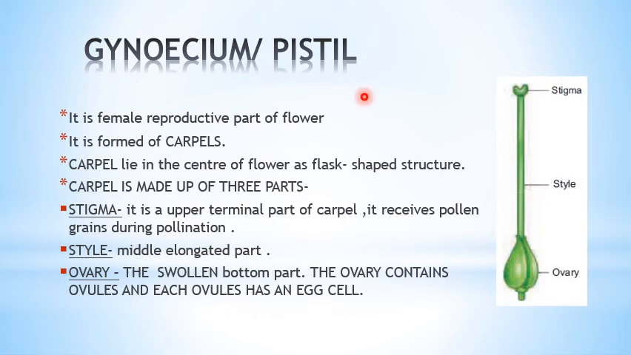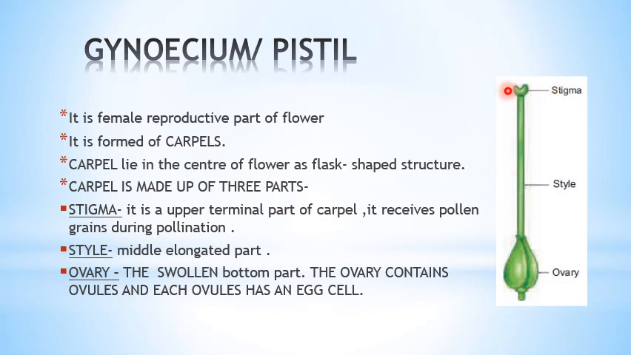The next is the gynoecium, which is the innermost whorl, that is the pistil. It is the female reproductive part of the flower. It is formed of carpels, which lie in the center of the flower as a flask-shaped structure. So this shape is like a flask. It is made up of three parts, the first being the upper terminal part, the stigma, which receives the pollen during